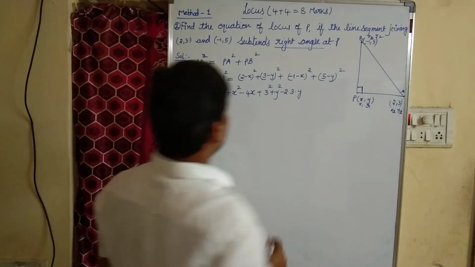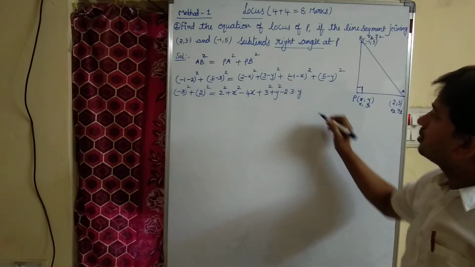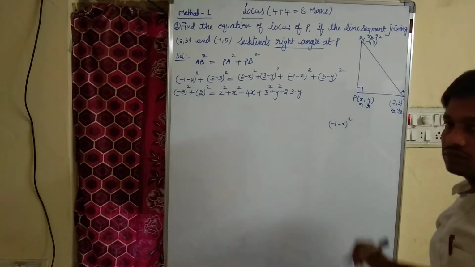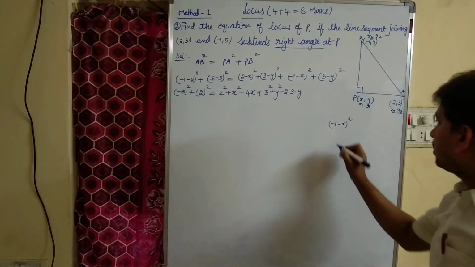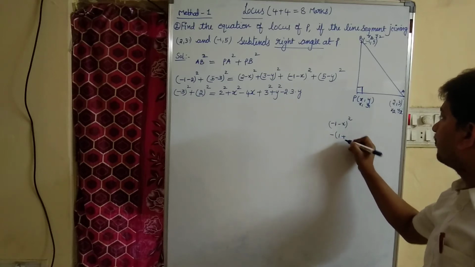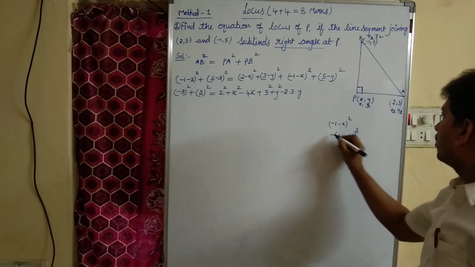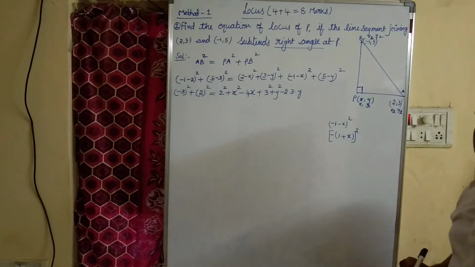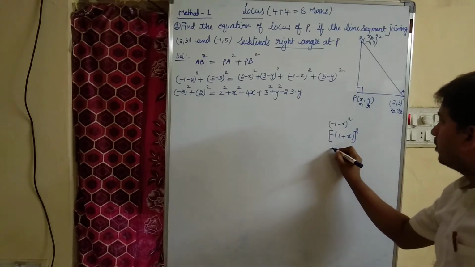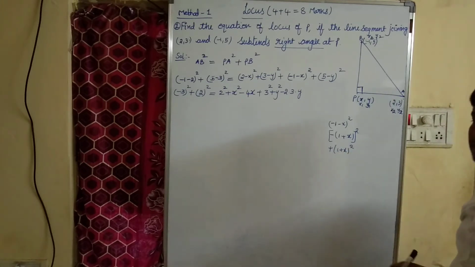Okay children, now listen here carefully. Actually we have minus for both the terms, minus 1 minus x whole square. What is the meaning of that? If I take minus common, minus into plus minus, again minus into plus minus, it will become minus of 1 plus x whole square. We know that if the power is square, the result will be positive, which is nothing but 1 plus x whole square.